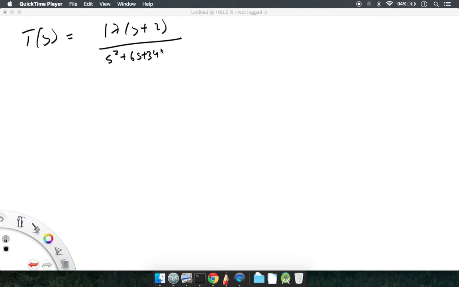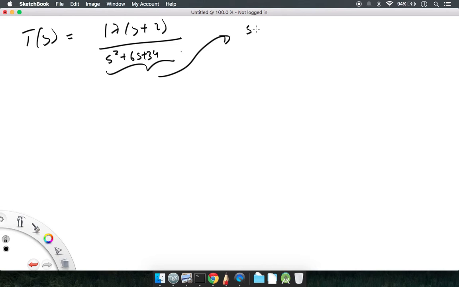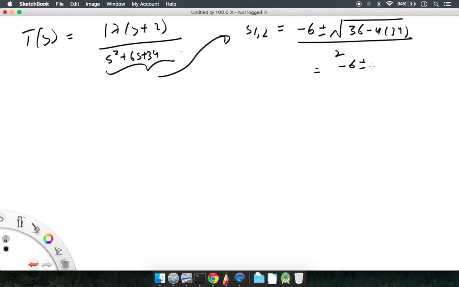So in the question, they've given you the transfer function as being this, right? Now what you want to do is calculate the poles of this denominator. Using the determinant formula, I can find the poles of this transfer function as minus 6 plus minus the square root of b squared minus 4ac, so 36 minus 4 times 34, divided by 2. You will notice that this gives you plus minus 10j on 2,